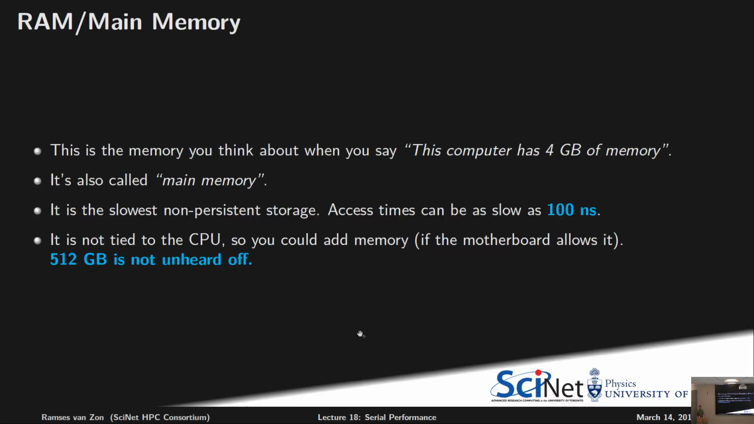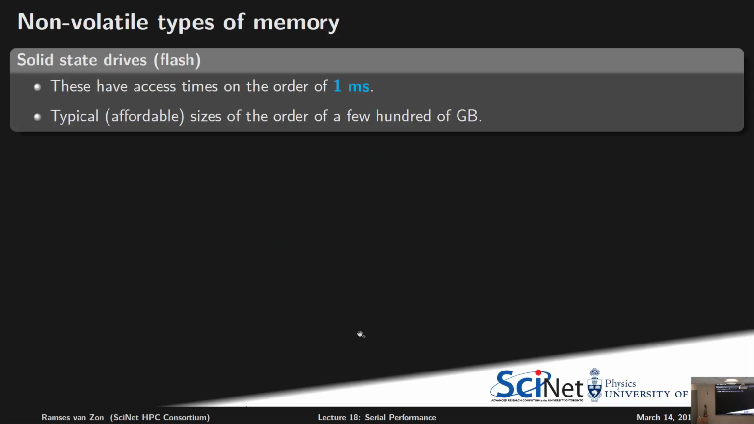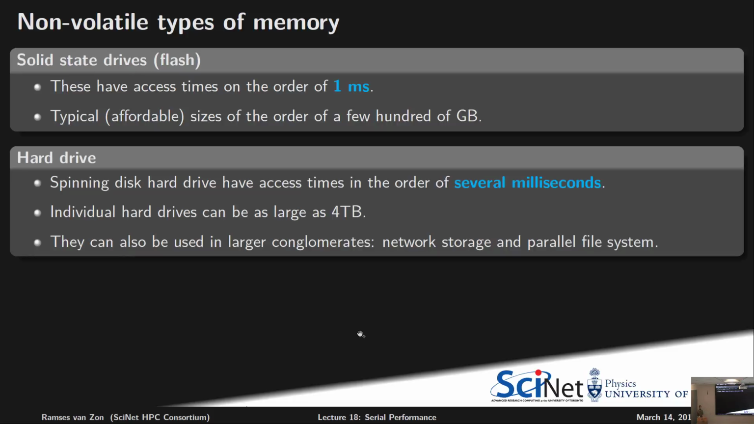And then after that comes persistent or non-volatile type of memory. You can have a solid state drive. It has access times of the order of a millisecond. And typically they're a little expensive, so you wouldn't buy them for more than a few hundred gigabytes. It's not that you cannot get them bigger, but they become really expensive. Hard drives are based on spinning disk technology, and they have access times of the order of several milliseconds, and their bandwidth is